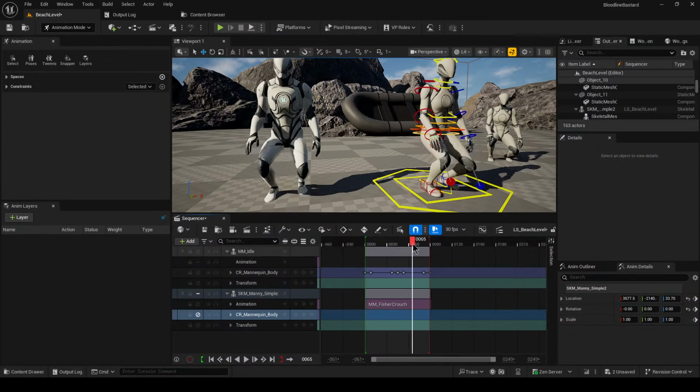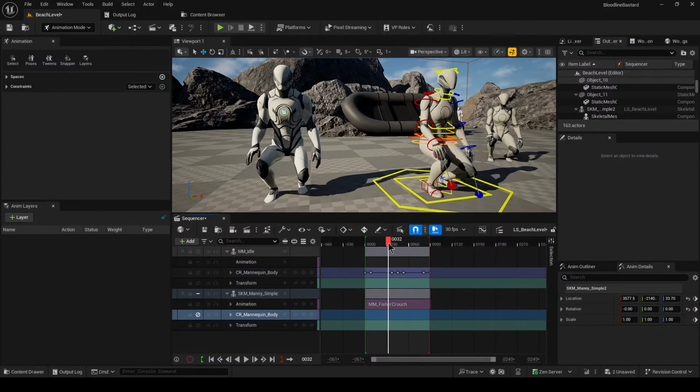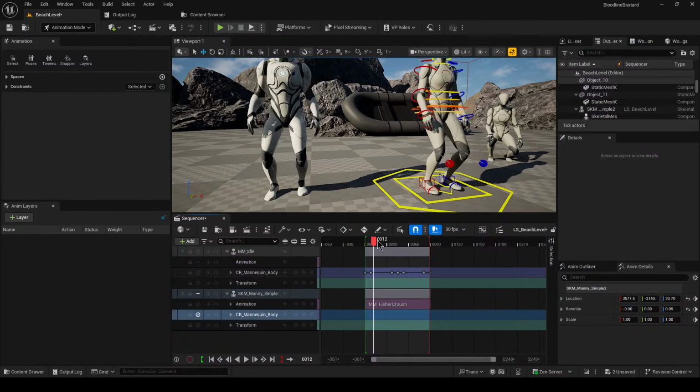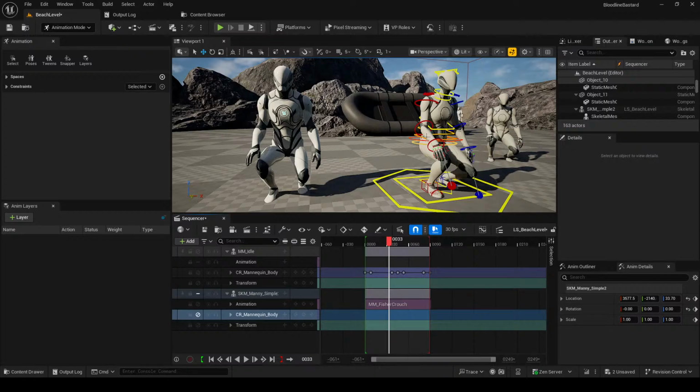But that's okay because we can just tweak them and stuff. Because what we can do is we can retarget the animations that we make on this one, and